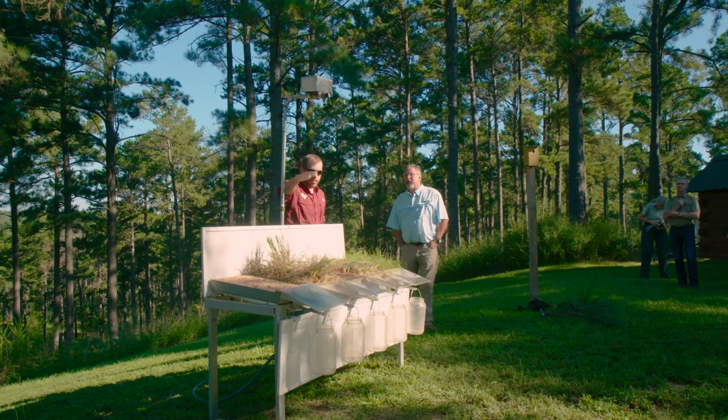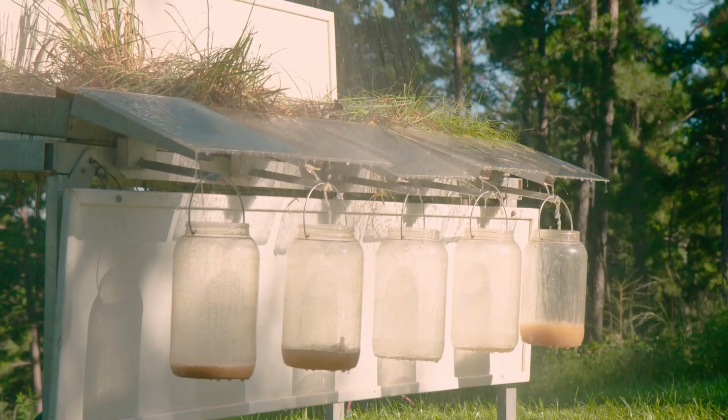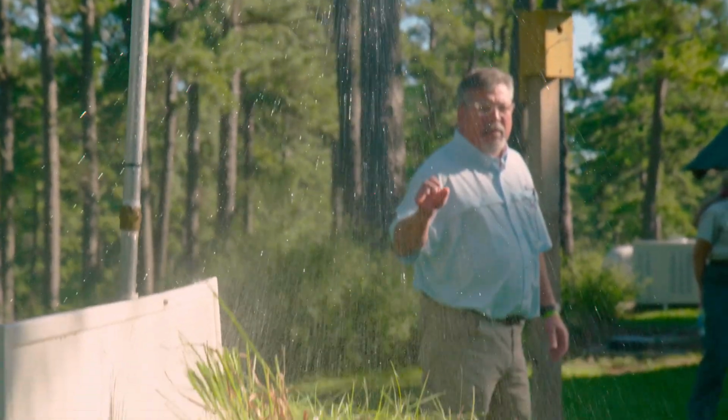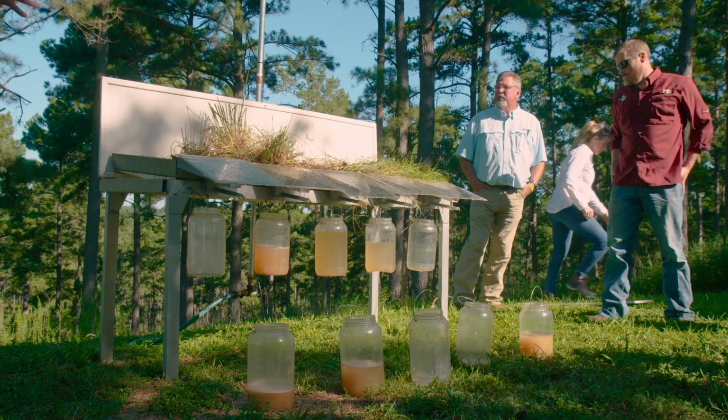If you're managing wildlife in East Texas, you're managing trees. Wildlife 101 is managing sunlight to the ground. So our rainfall simulators gives us a perception of what's going on below ground. We often look at everything above ground, but forget about our soil health below. That simulator reflects the different management activities that have occurred above ground and how that drastically impacts what the soil